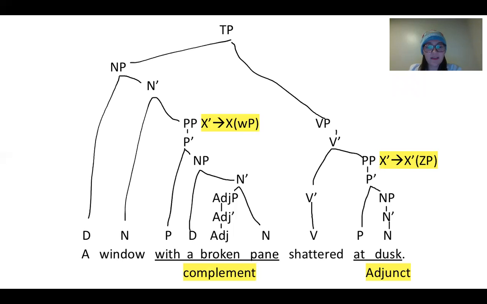Basically, with this one, it's an adjunct, I assumed, because I did the did so test: a window with a broken pane substituted shattered with, it did so at dusk, a window with a broken pane did so at dusk. It doesn't really make sense because it's not saying what it did, but it works, I think. To me, it sounds okay. It's not clear on what's happening, but